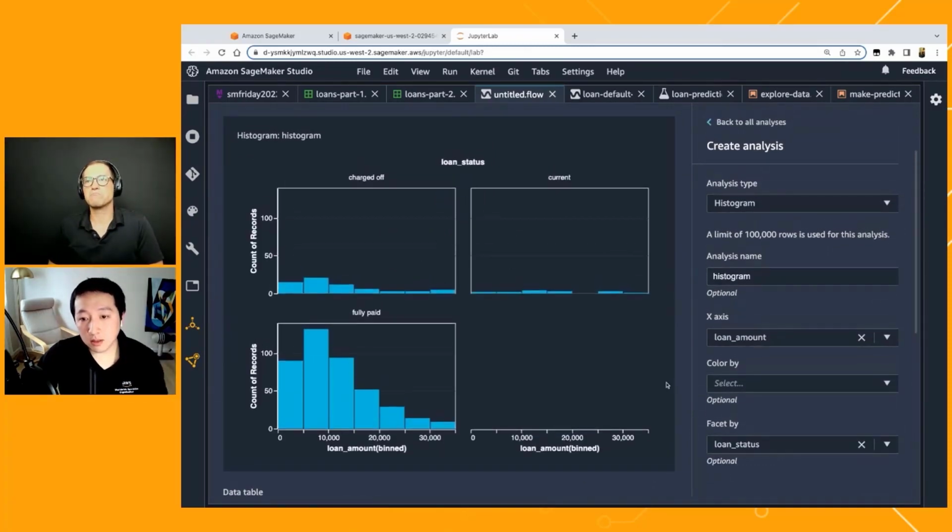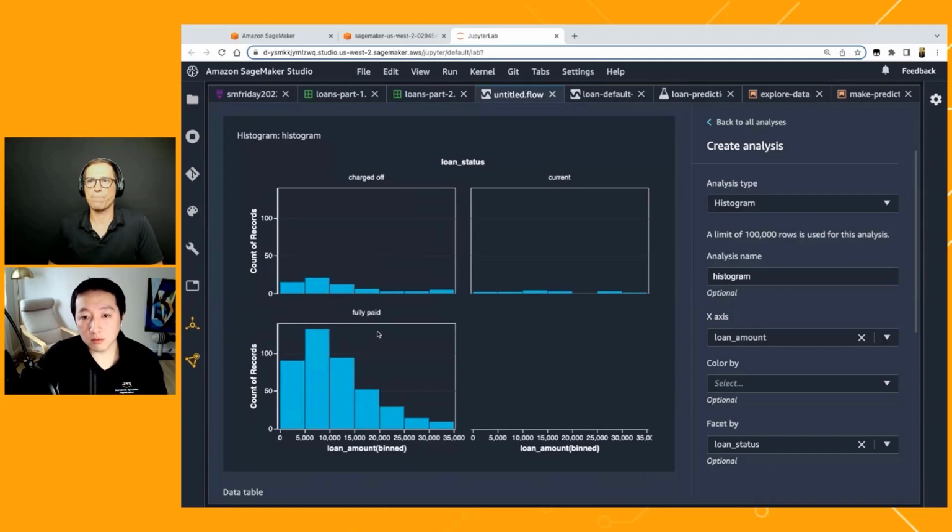Here is a visualization of the histogram that we're looking at, and we can quickly draw a couple of conclusions. One is these are faceted by different categories within the target variable, and there are way more fully paid customers versus the customers who are still paying the loan.